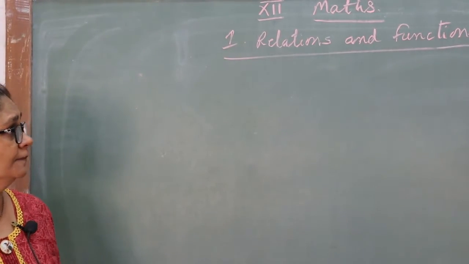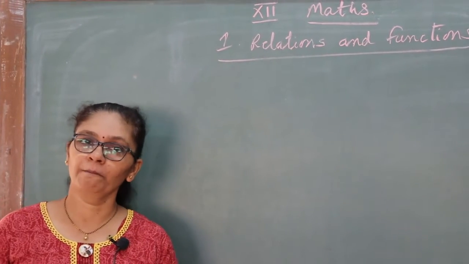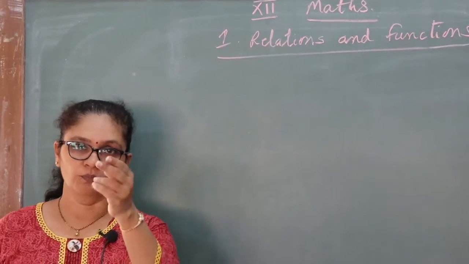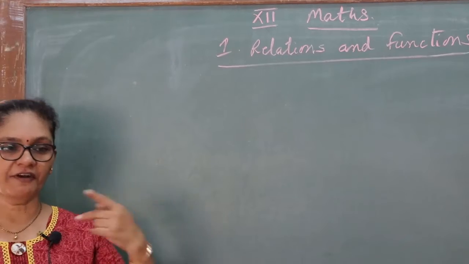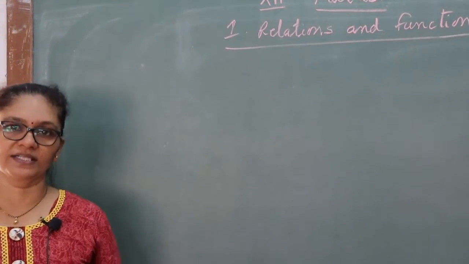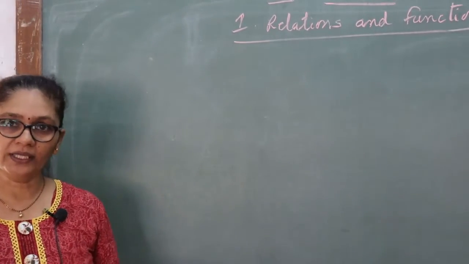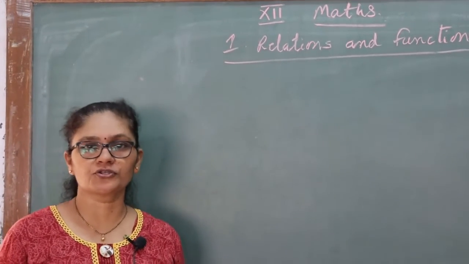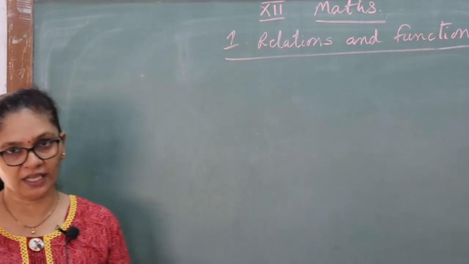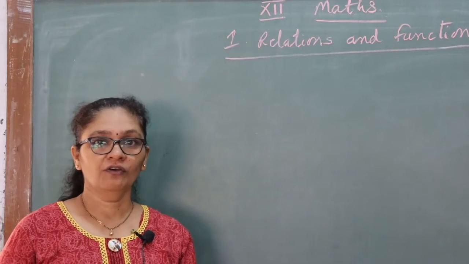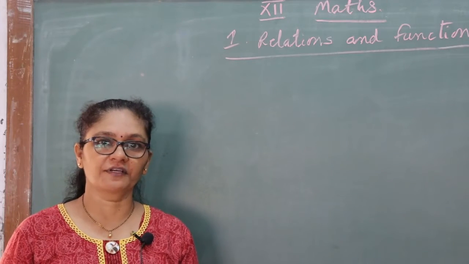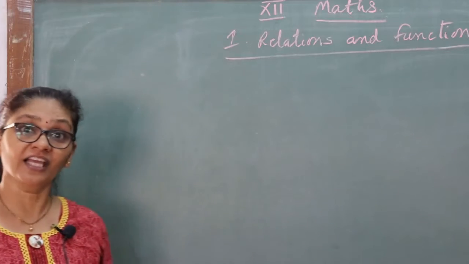Second topic we learned: one-one and many-one functions, onto and into. What is the other name for it? Injective, surjective. If a function is injective and surjective, you can say it is bijective. Third topic we learned was composition of a function, and with it we learned inverse. So in our last lecture we completed composition of a function, and today we start inverse of a